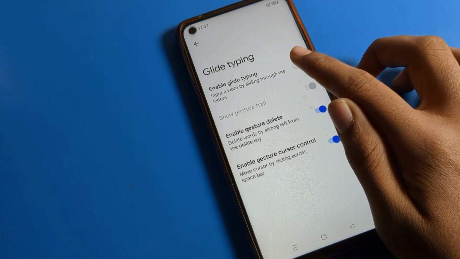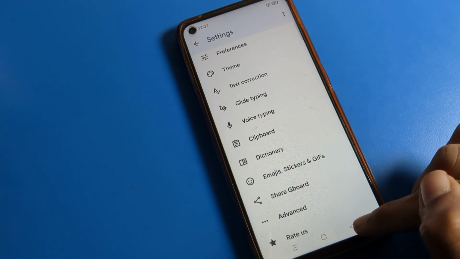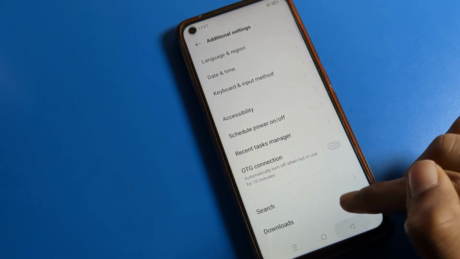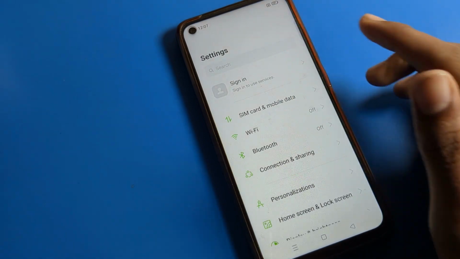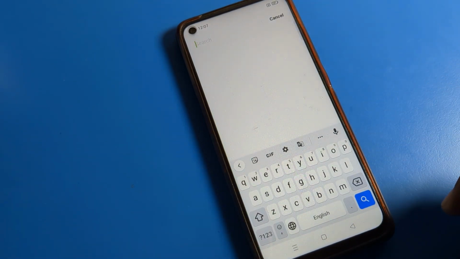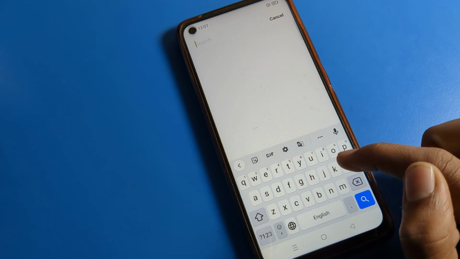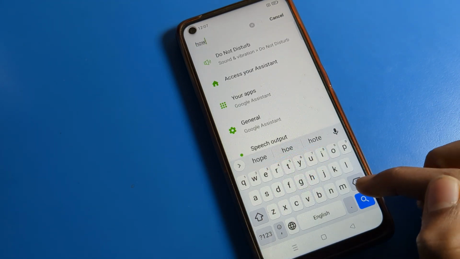So guys, first we will turn on glide tapping from here, and then come back to see how to use it. Now we will open the keyboard. So how do you use this glide tapping? Once you turn it on in settings, you can write like how, how to,